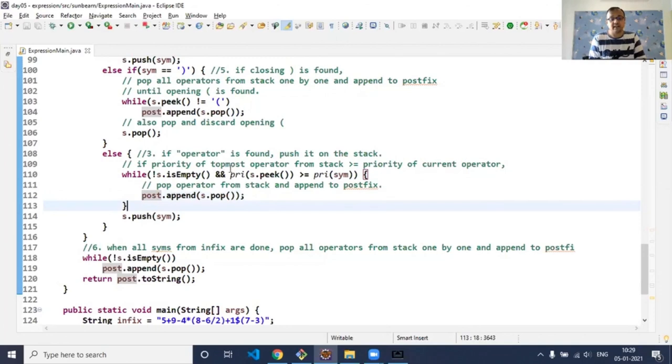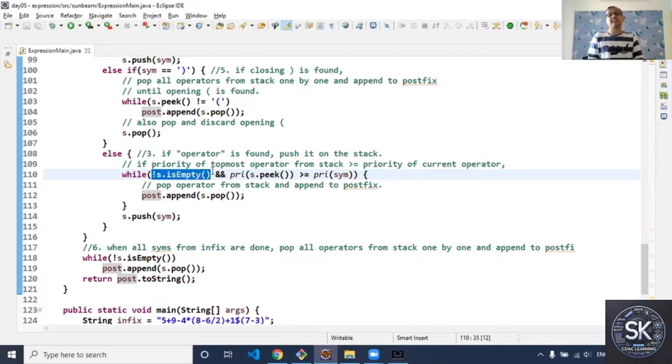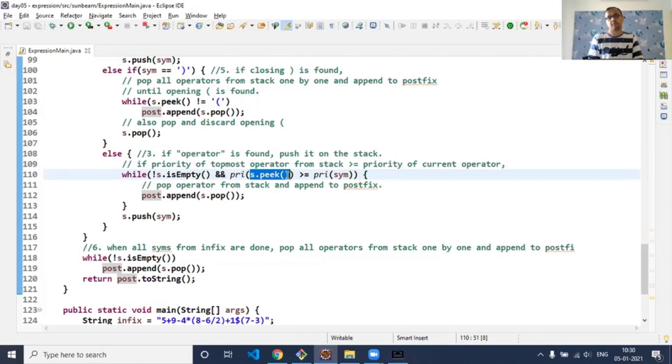Again, but the problem here is, when will we check the topmost element? When there is an element in the stack. If there is no element in the stack, then what are you popping? I hope you are getting my point. So you go here while the stack is not empty. So you first check the condition that the stack is not empty, then and only then check the priority of the topmost. If the stack is empty, quietly come out and directly push it. So if either of the two conditions becomes false,